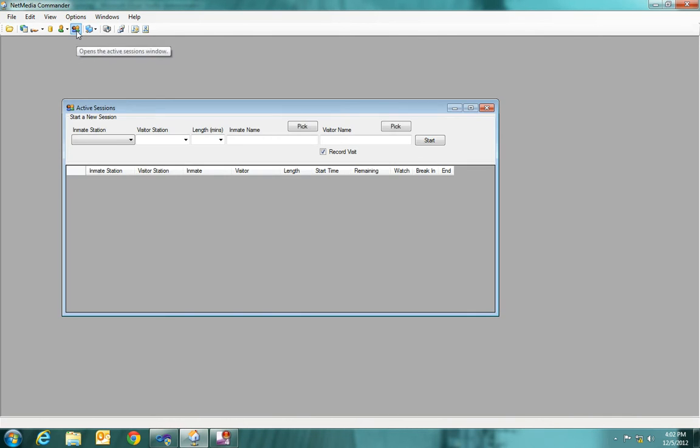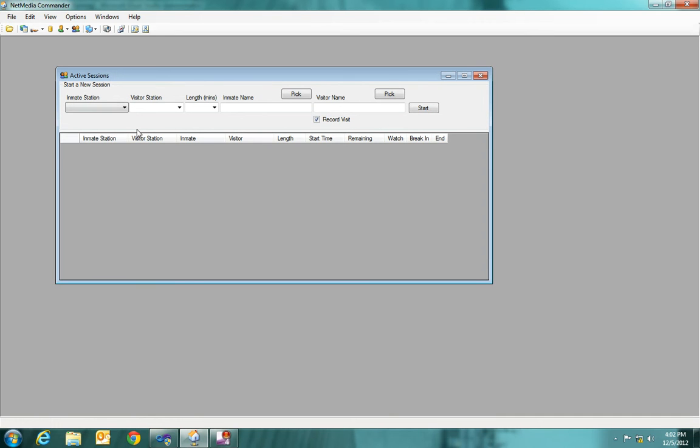I have the option to do ad hoc visits or monitor visits that start automatically based on the schedule by going to the active session screen, and in doing that I can pick visits that I want to start, and I can pick a time limit. I can pick the inmate from the list of available inmates, or I can enter in information, and the same is true for the visitor. And then I can select whether or not I want to record this. By default, it does record every visit for which we have available recording. So I start this visit,